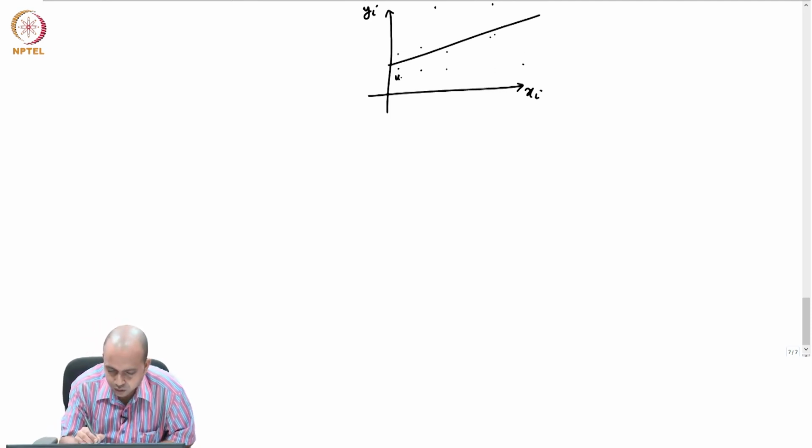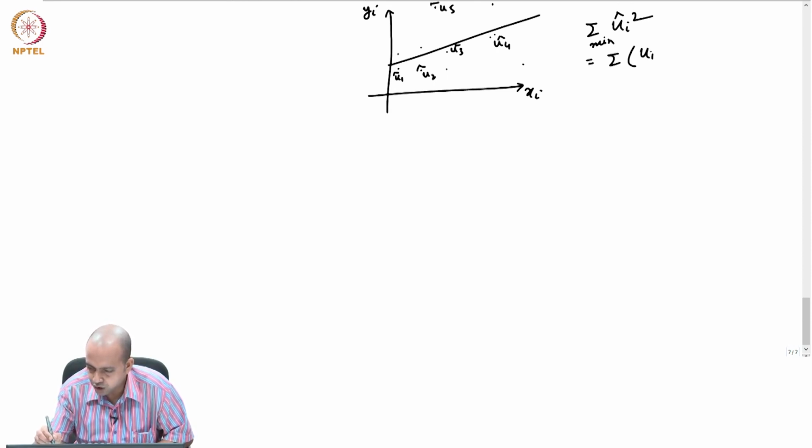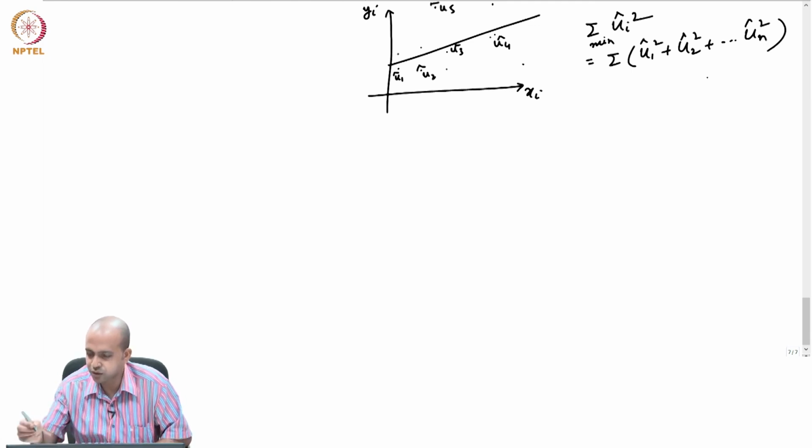Let's say this is u1 hat, this is u2 hat, this is u3 hat, this is u4 hat, this is u5 hat, like that. So when you are minimizing summation ui hat square, it is basically minimizing u1 hat square plus u2 hat square plus dot dot un hat square,